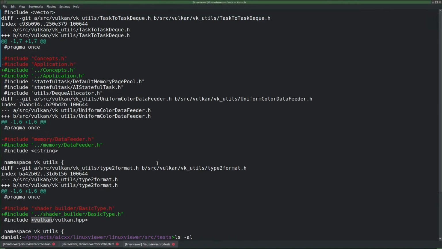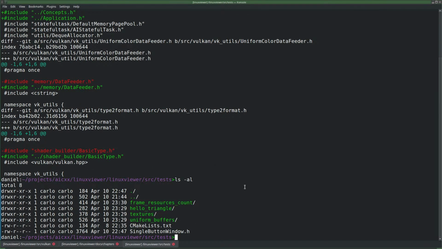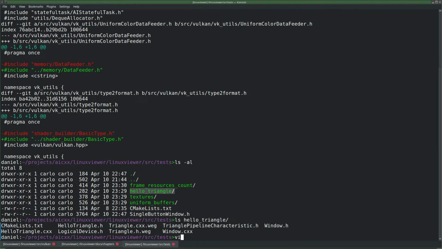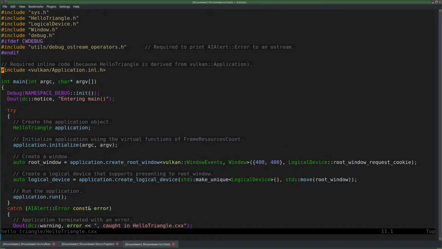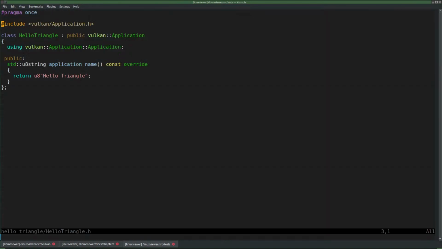So I'm currently demanding that, say, an application that uses my Vulkan engine, well, let's just use a triangle as an example, has to be including the Vulkan application, for example.